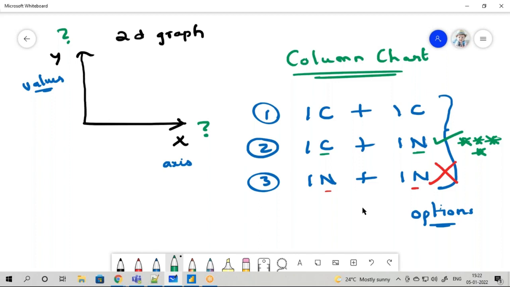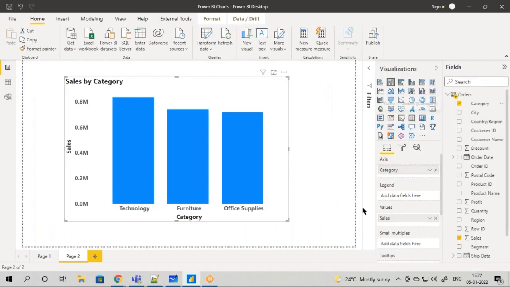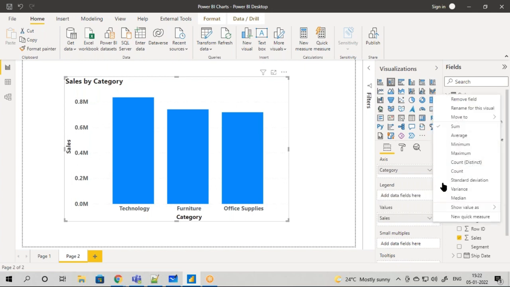Now, if you see here, usually the default summation is that it is basically taking the sum. If you just click this drop down, you can see it is sum. So basically you can find sales by category or average sales by category or minimum by category or maximum by category. So you have n number of options to do it.